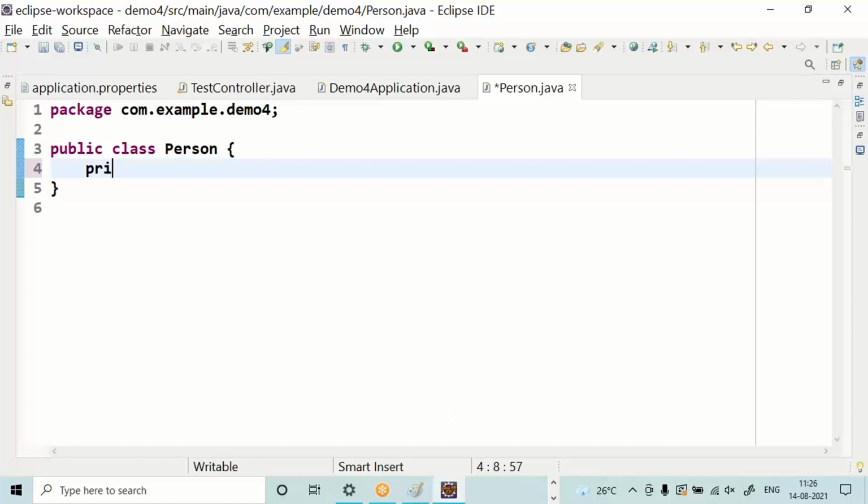Try going for private String firstName, F in the lower case, N in the upper case.